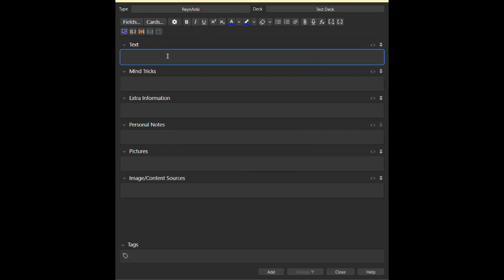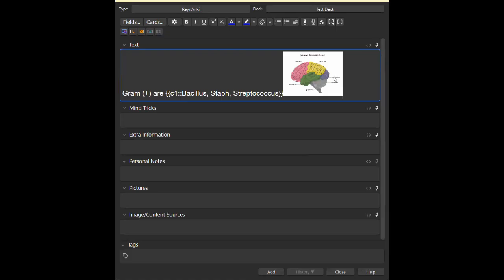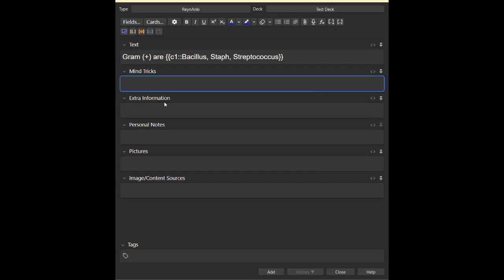So what I put here is I usually place here gram. So I'll place something here. Gram positive are Bacillus, Staph, Streptococcus. I might close this, for example. Oop, accidental. And then mind tricks. I can put here mind tricks. I put mnemonics there. Mnemonics, guides, something that will make it a lot easier.